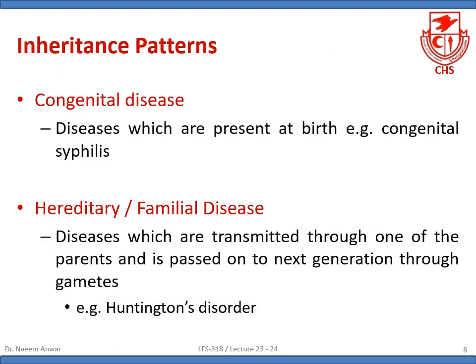Another thing among the inheritance patterns is what's called a congenital disease or hereditary or familial disease. A congenital disease is present at birth, so the individual will have it once he is born, while a familial or hereditary disease is transmitted through the generations, like Huntington's disorder. So this is mainly